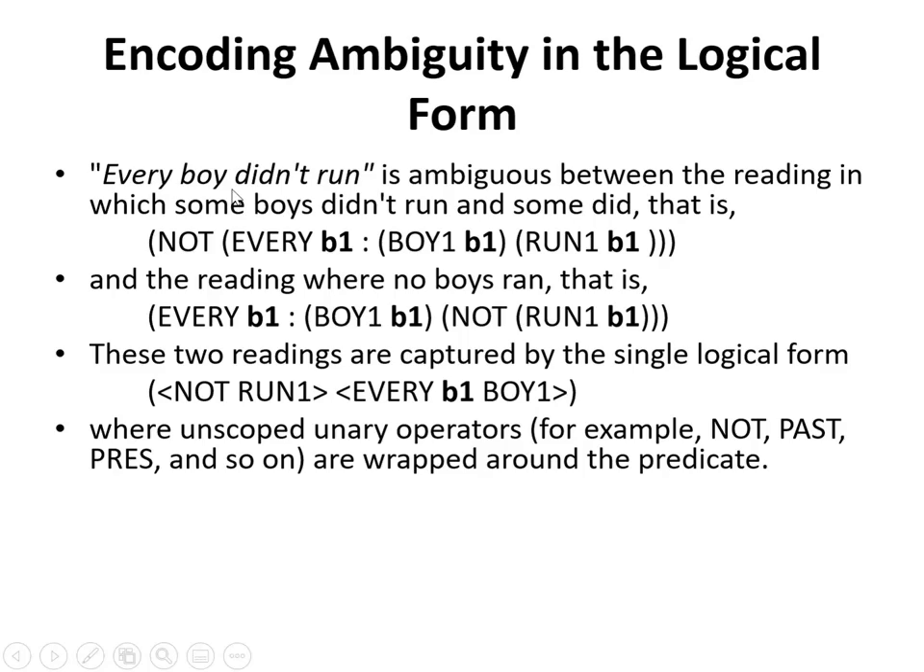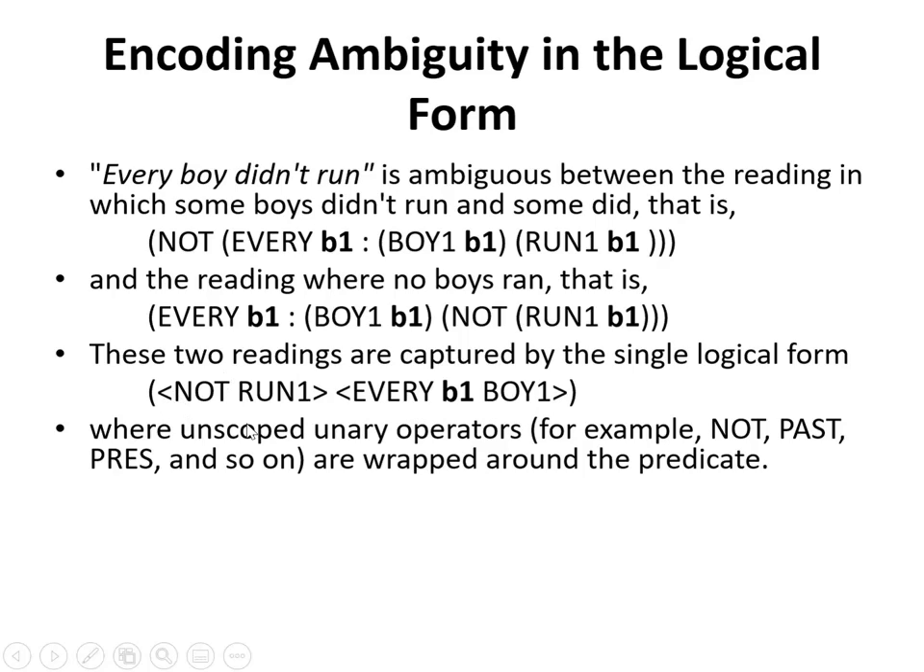So how will we represent it? Every B1, boy B1, run 1 B1, and we negate it with not, as in they didn't run. But the reading where no boys ran is every B1, boy B1, not run 1. So it is also possible that none of the boys ran. These two readings are captured by a single logical form like this: not run 1, every B1 boy 1,